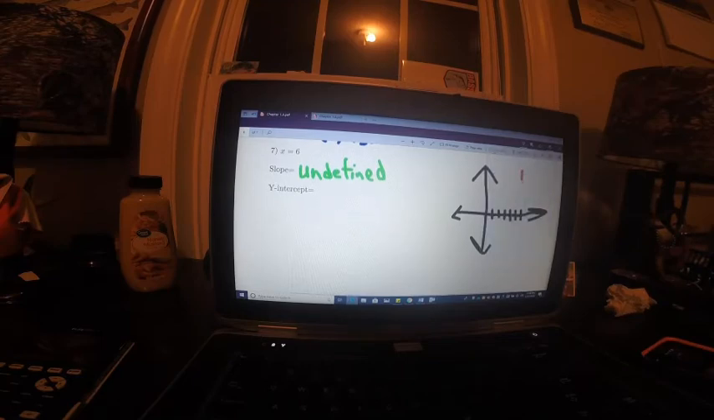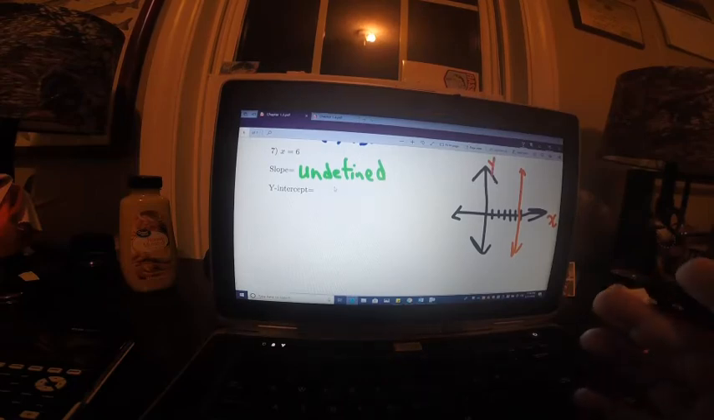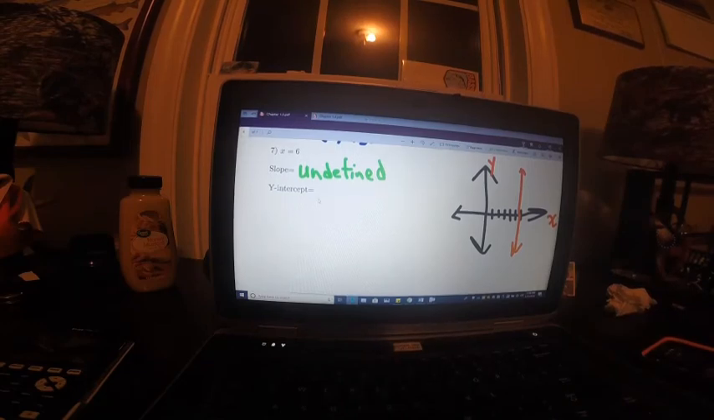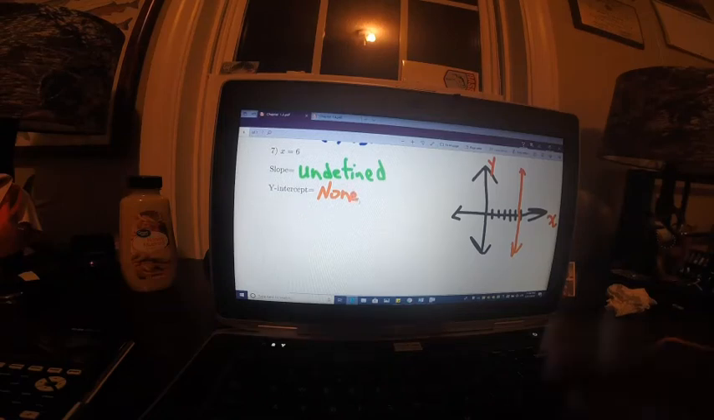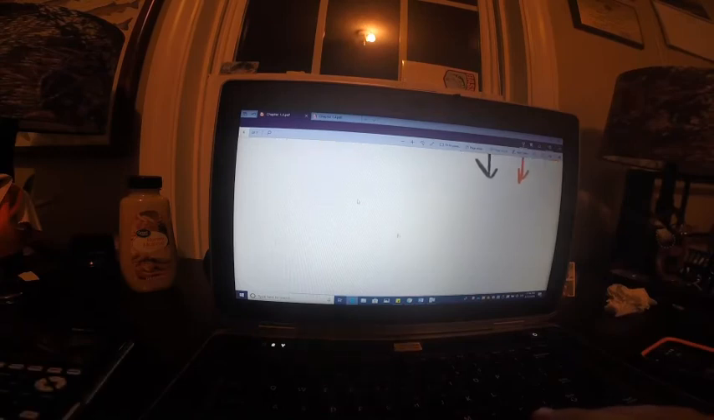It's a vertical line. Oops. Sorry. It's supposed to be a straight vertical line through that 6. Remember, this is your x-axis here. This is your y. You got a vertical line. The slope's undefined. Y-intercept, it doesn't have one. So you can just write none, because it never hits that y-axis. It's actually parallel to the y-axis, so it never actually goes over there and hits it. Now if I move on to page 7,